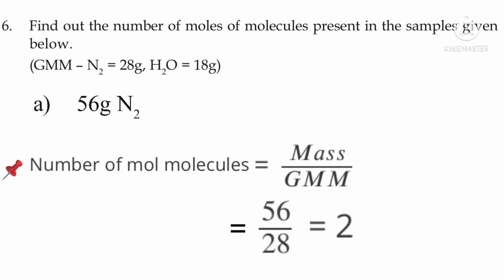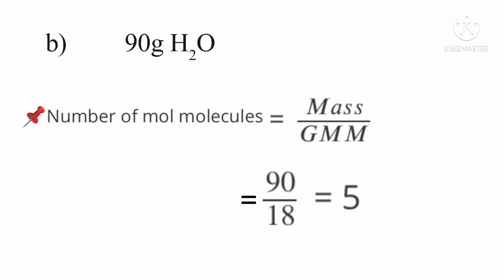Number of mole molecules is equal to mass divided by GMM, that is equal to 56 divided by 28. Therefore, the answer is 2. B. 90 gram H2O. Number of mole molecules is equal to mass divided by GMM, that is equal to 90 divided by 18, that is